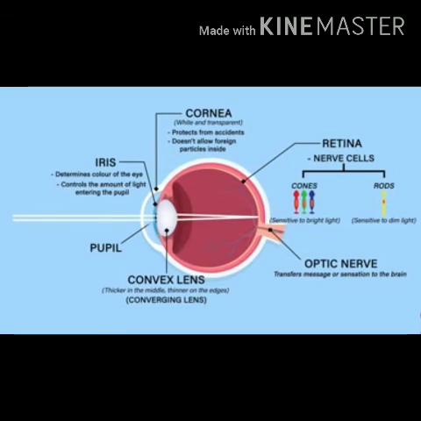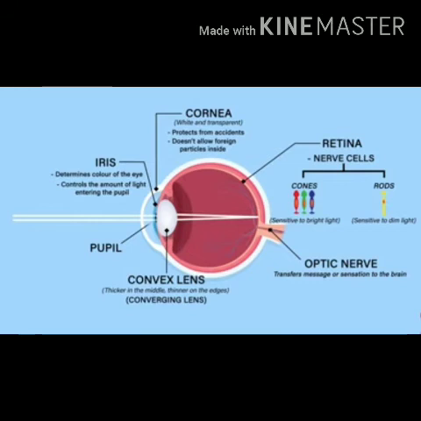When you observe the diagram and the structure of the eye carefully, you will find in the iris there is a small opening, a small black spot at the center. That is another part of the eye, the pupil. The pupil appears like a dark spot in the center of the iris. The pupil is the opening in the center of the iris which allows light to get inside. Another function of the iris is to control the amount of light entering the eye by adjusting the size of the pupil.